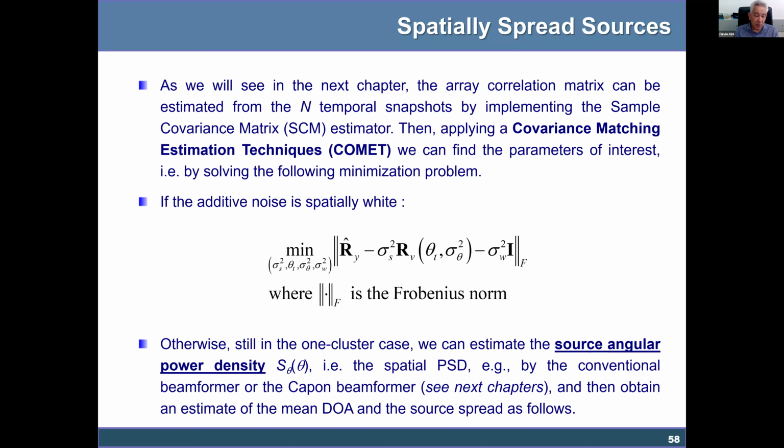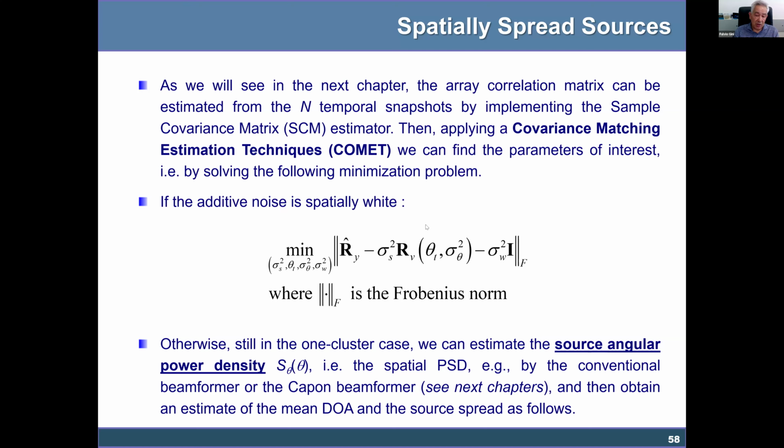In the least square method, you minimize the distance between the data and the parametric model of the data. COMET relies on the same idea, but instead of the data, you have an estimate of the covariance matrix obtained from the data